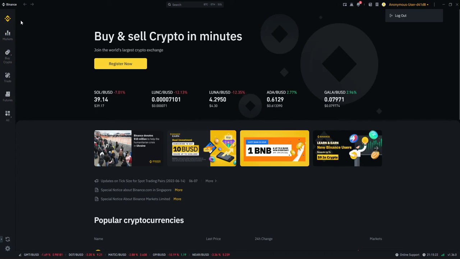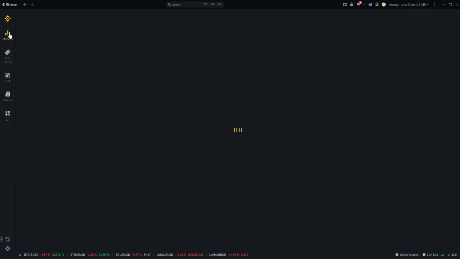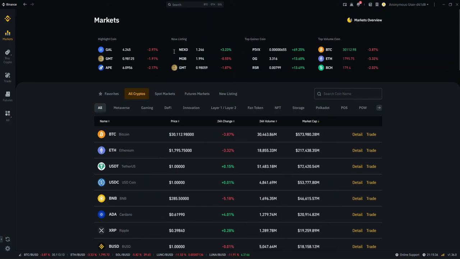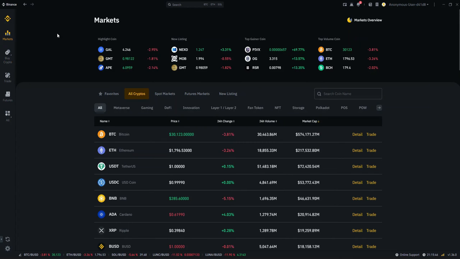So let's head right to where we need to do the practical. Now, number one, we said you can go to the markets and look for whatever currency pair that you want to trade. Alternatively, you can use the buy option here and click the trade option here. So if we use the market here, we need to just come here and search for, come to spot market,